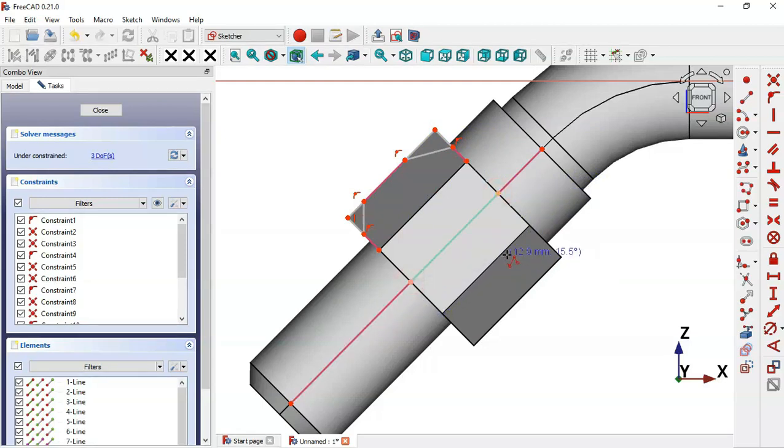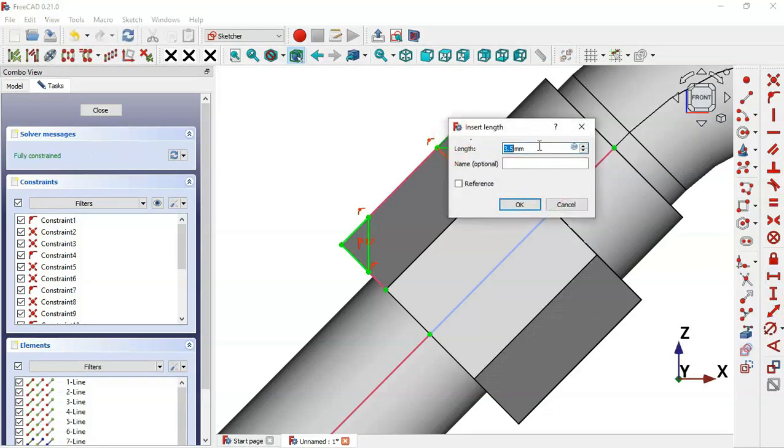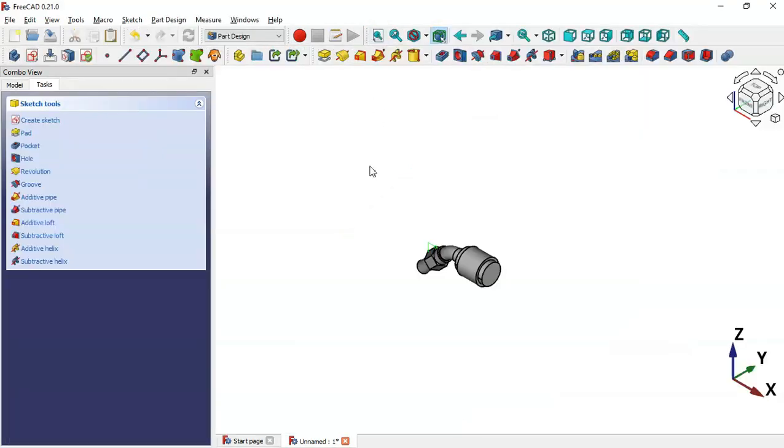Okay, and now skip 2 times and select this line here and change this line here to construction line. So this line here will be our center line for this operation here. Okay, and now select these 4 lines and set equal. Okay, and now select constraint distance tool, click on this one here, and we'll change the length here to 1.5. Okay, and now leave the sketch and